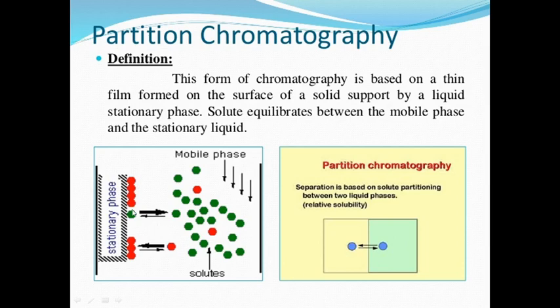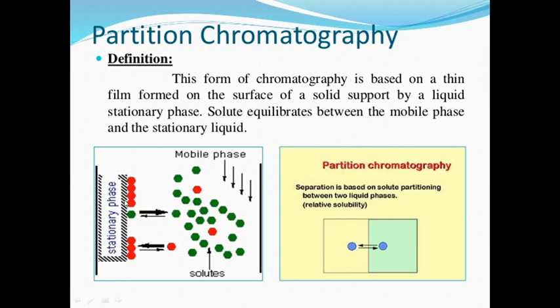Here you can see the stationary phase and the mobile phase. The red dots are firmly held by the water molecules, whereas the green dots are freely moving, and may have a different or opposite nature with respect to